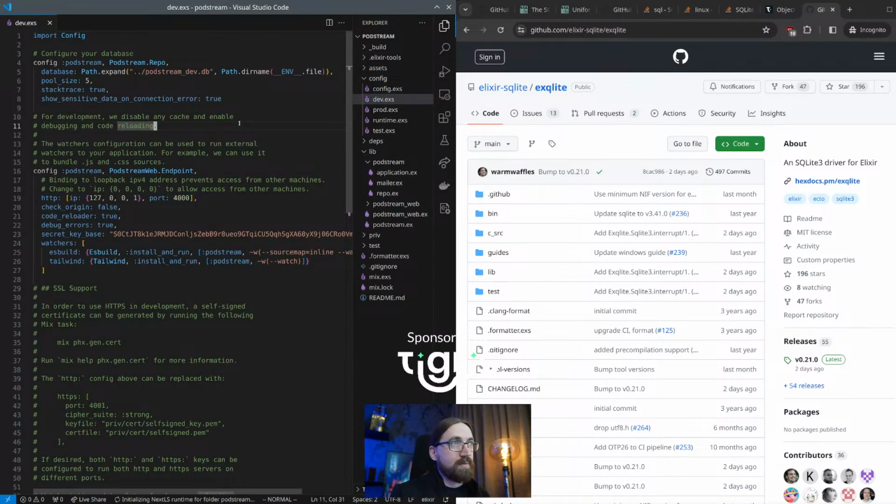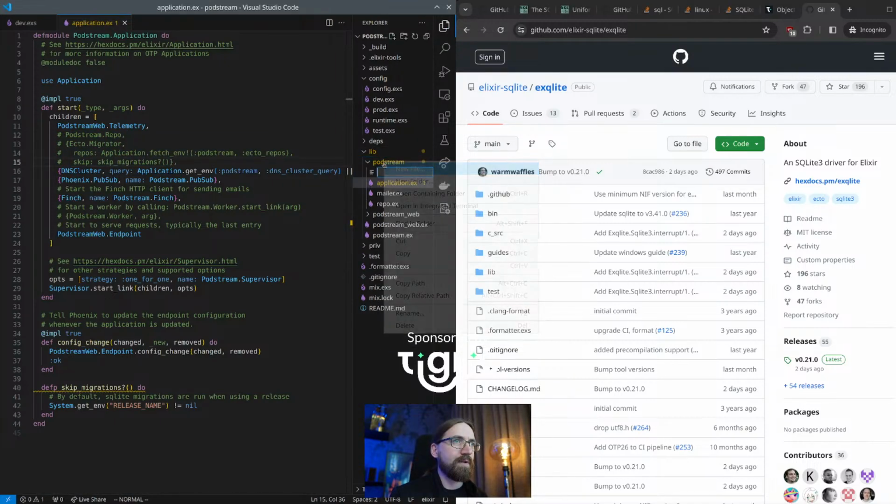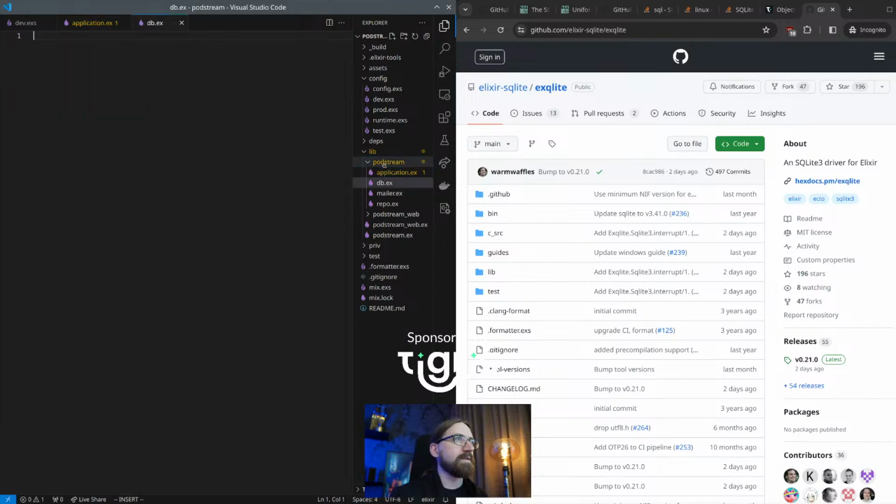The cool thing about SQLite is it's a single file database. Sometimes it's even put on S3 for some reason, or an object store. Now, this is the repo, so this is a full-on Ecto thing. Because I just want to make sure that this works, which it didn't last time I tried, we're gonna turn off all the Ecto stuff. And I just want to start with something very simple in this circumstance,